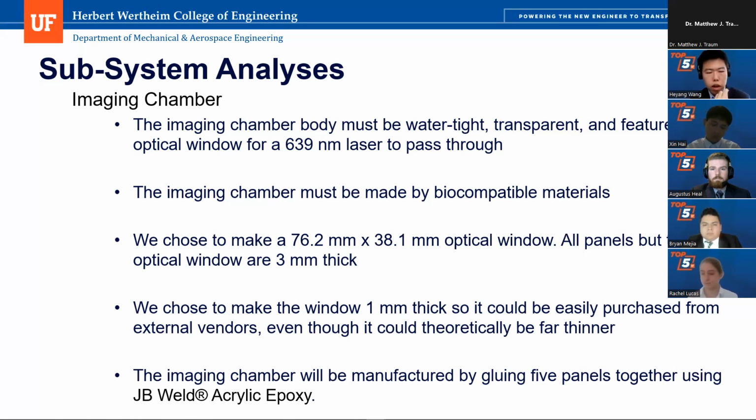To reduce the scattering effect and to make sure it has the highest transparency, we make sure the imaging optical window is 1 millimeter thick, which is easy to purchase and also easy to fabricate. And we find a balance between these parameters. And for the other imaging chamber panels, we choose 3 millimeters thick, which makes sure it's also balanced between the transparency and price and also the fabrication